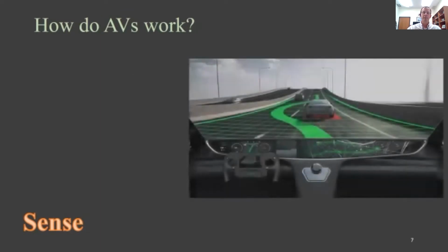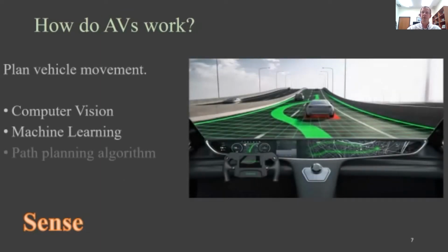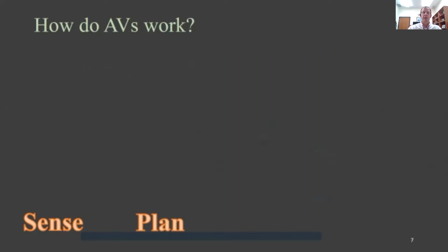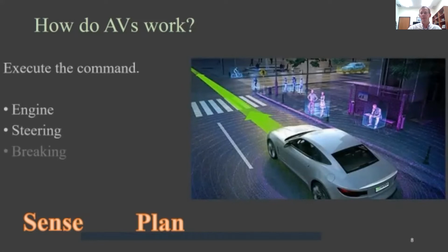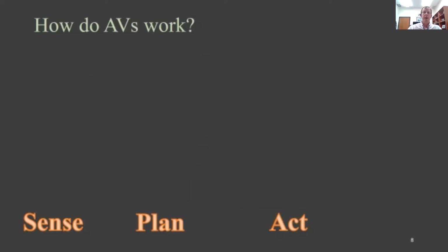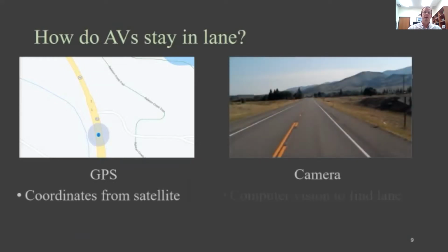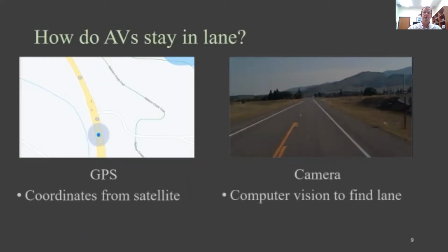And that information is also very important as we try to plan the vehicle movements, whether that's at high speeds or low speeds. And it obviously is used to execute commands of the vehicle. So that's all pretty well known and not really my field. But as we think about now just staying in the lane, and we'll focus on that part because this is the part the research is focusing on,